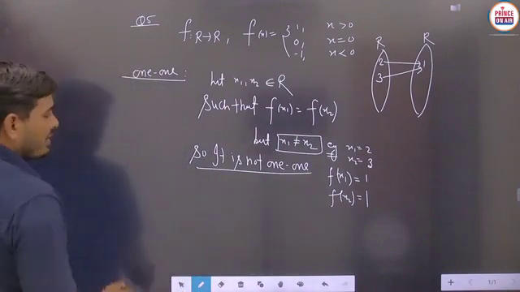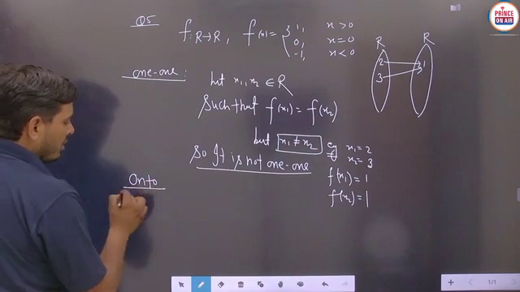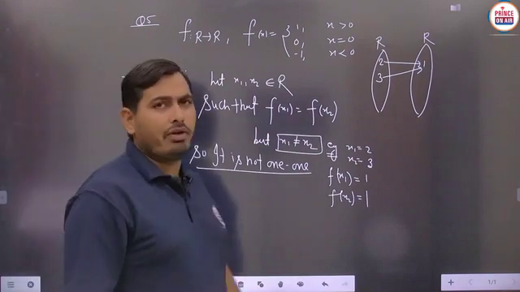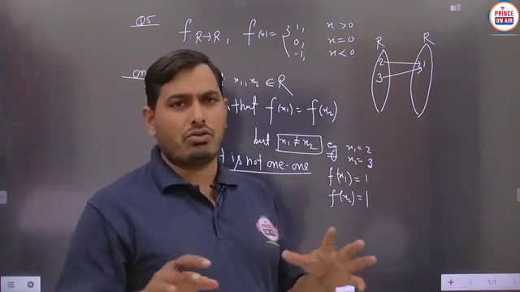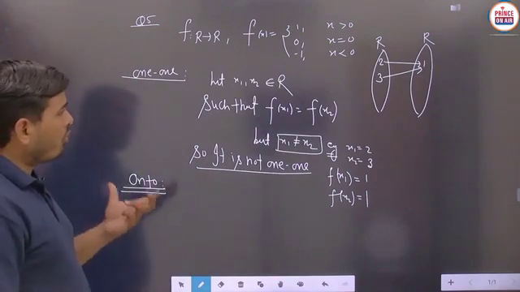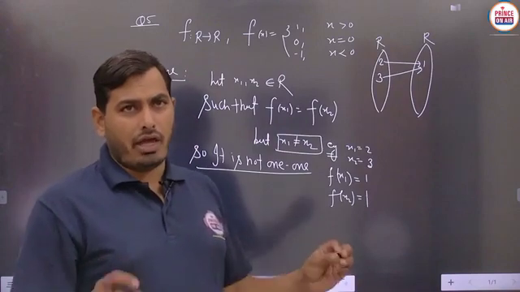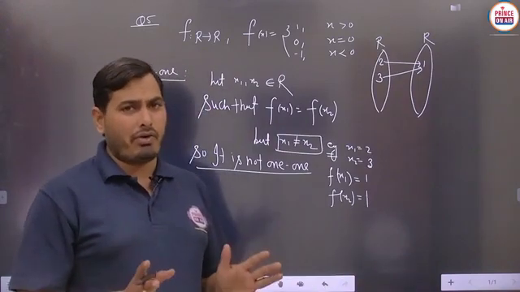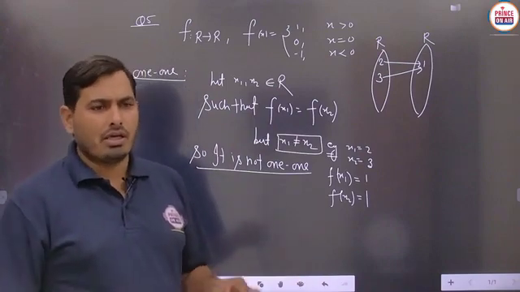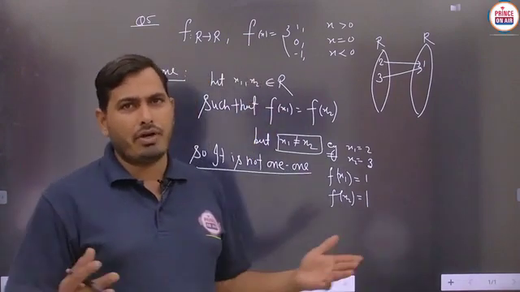The next case we are taking here is onto. So in the case of onto, what do we have to check? Basically, student, in the case of an onto function, we are seeing whether the codomain elements have their pre-image in the domain or not. If any one of the elements does not have any pre-image in the domain, then it is not said to be onto. Otherwise, if each and every element of the codomain has its image in the domain, then definitely it is said to be an onto function.